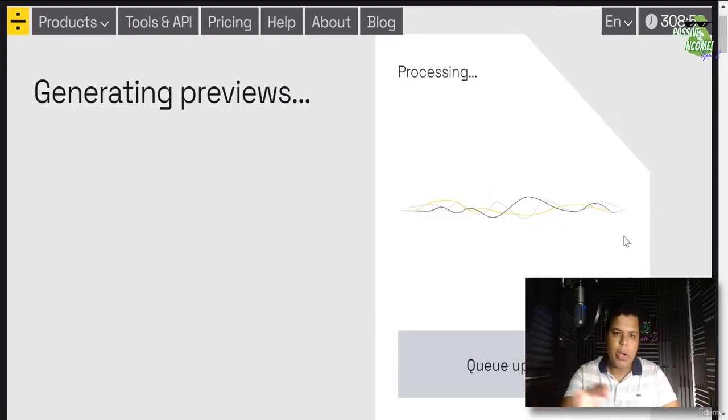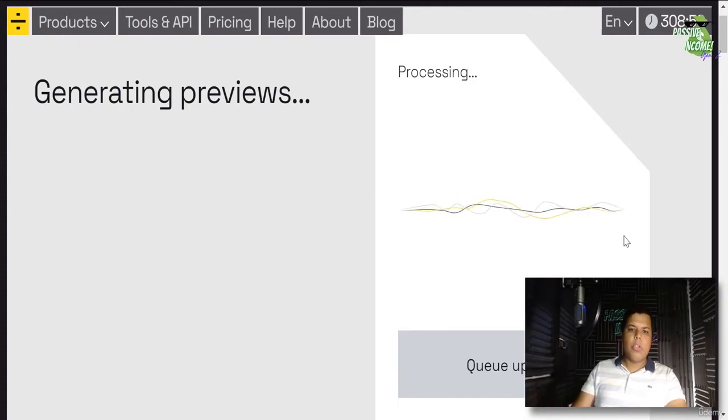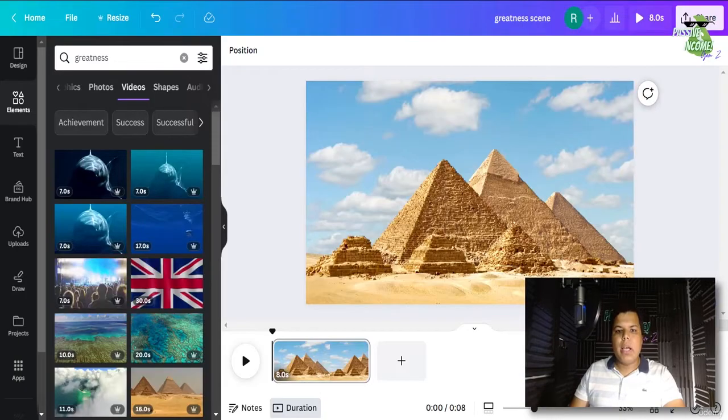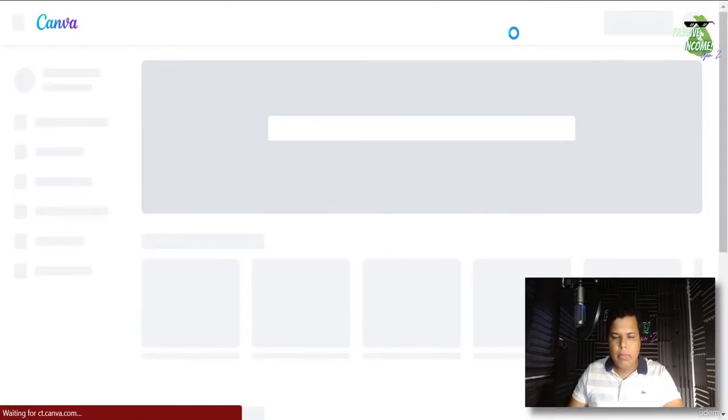So it's going to create 2 tracks. One track for the music, which we don't want to use. We only want to extract the sound. And in the meantime, while it's extracting the sound, I would like you to go back to Canva and click